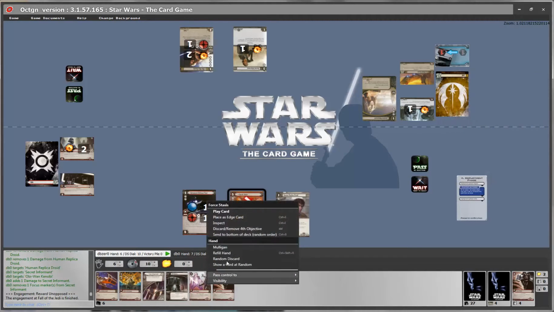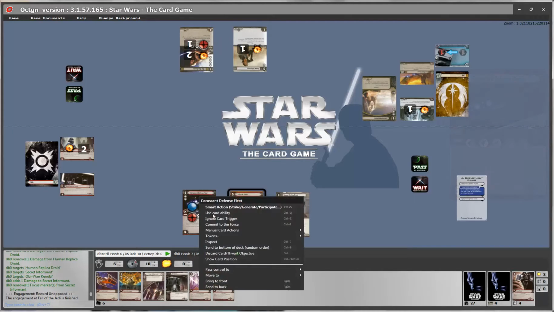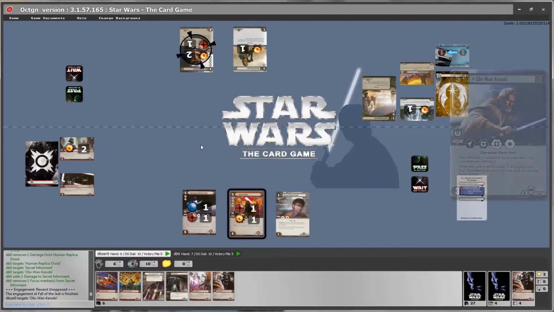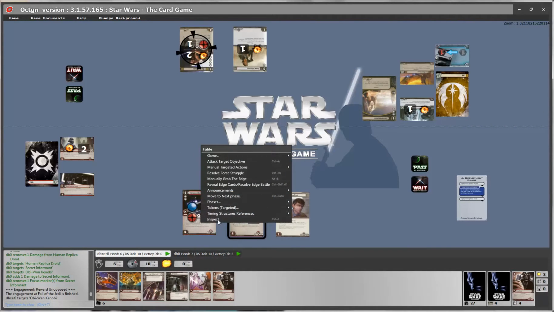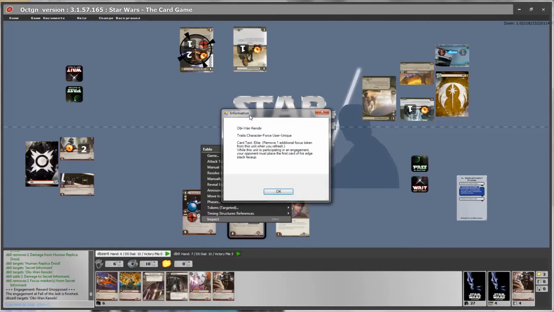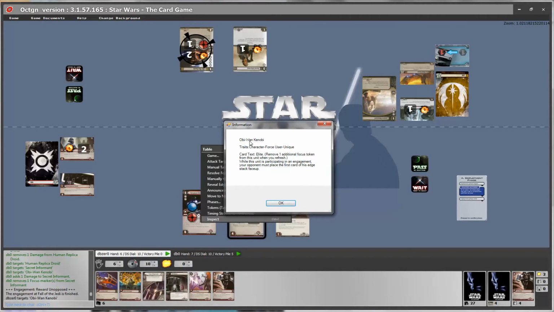In a similar way, with the targeting, you can use an option to inspect cards. Inspect is an option that you have either in your right-click menu on a card, or by targeting a card on the table and right-clicking on the table. Inspect simply gives you the information from the card in a window. Use this if you have certain cards and you do not know the text, or if you find it difficult to read particular text of a card.